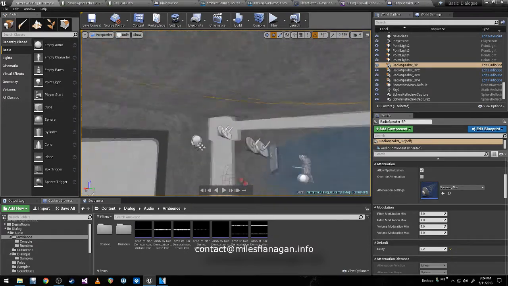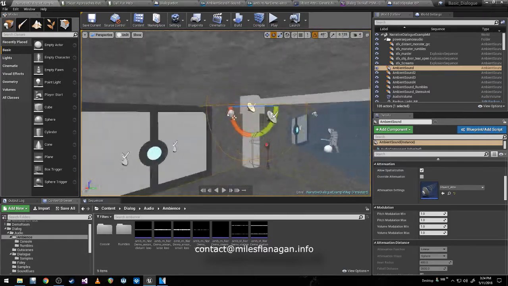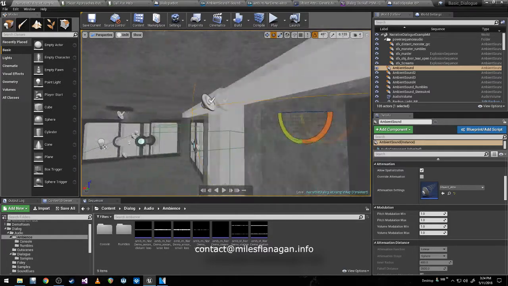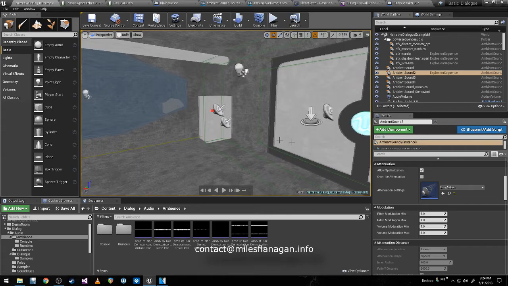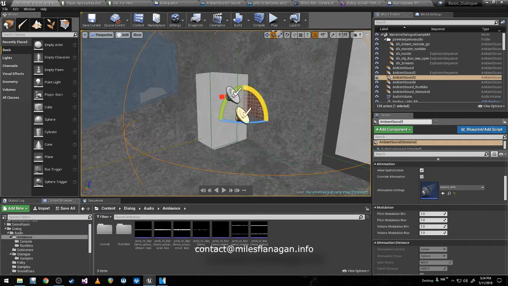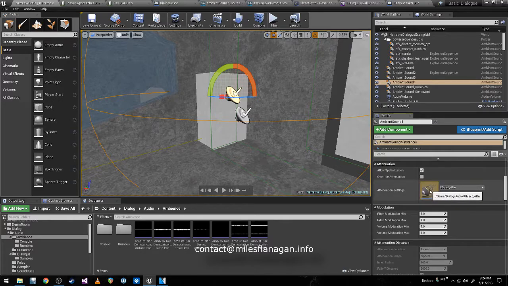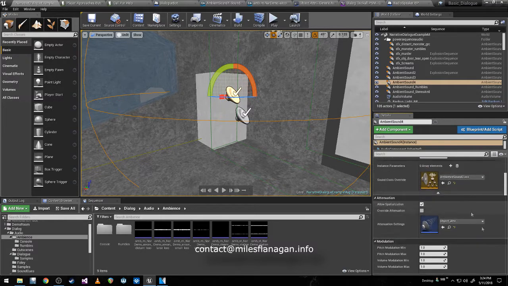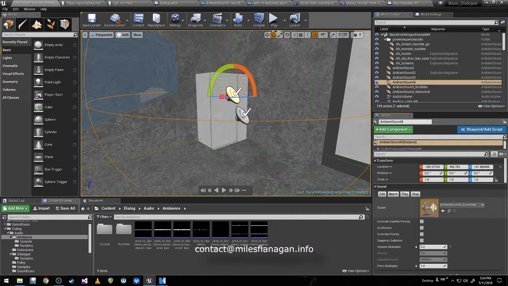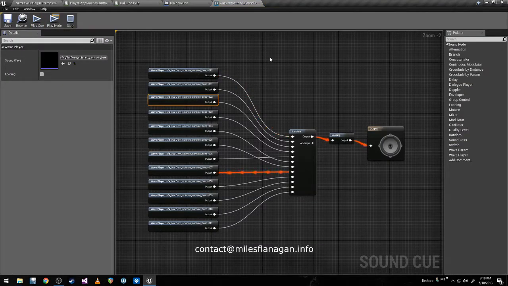The other things that are happening, there are some spot sounds around, which are for the most part pretty simple. There's like some air conditioners here and here. There's this little computer thing. So this is just like the looping sound of a hard drive. This is a sound cue that is basically just a random container. So if I open it up, it's basically just a whole bunch of different little beep sounds that kind of just play randomly forever. Kind of like that.